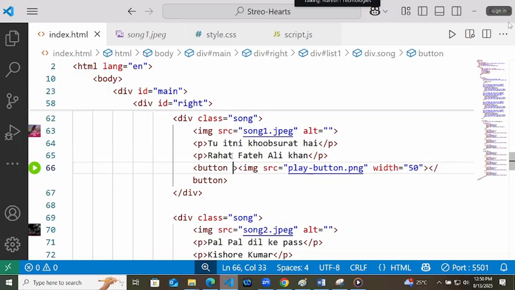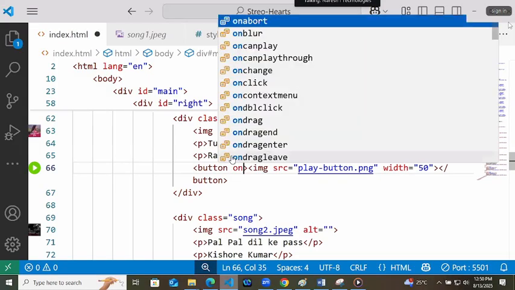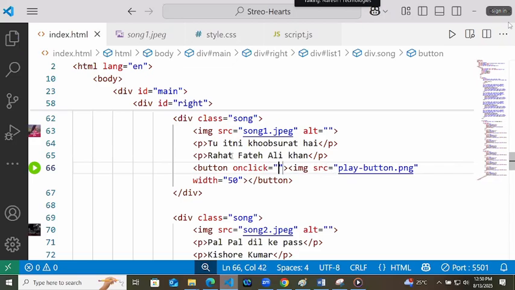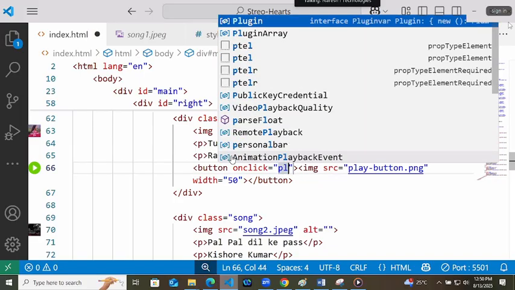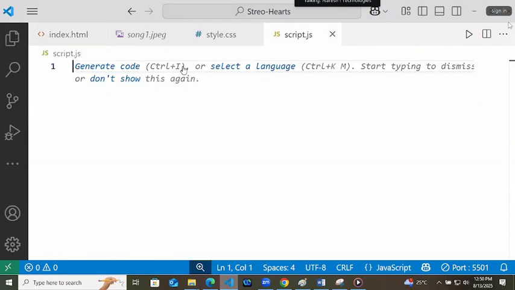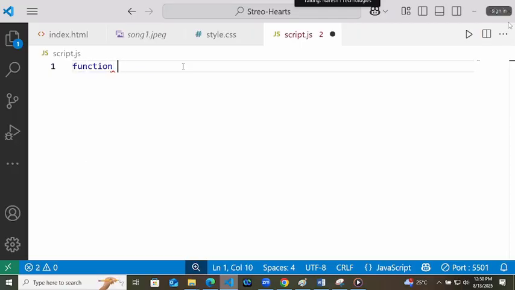I can give onclick. So here I will give onclick equals to play music. In JavaScript, we will define this function play music.